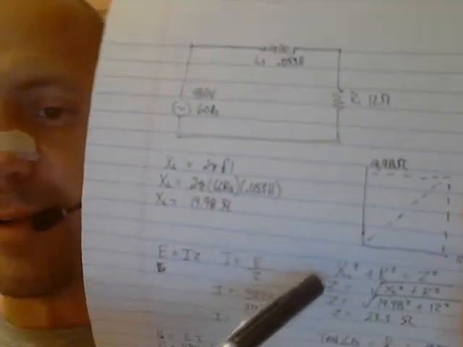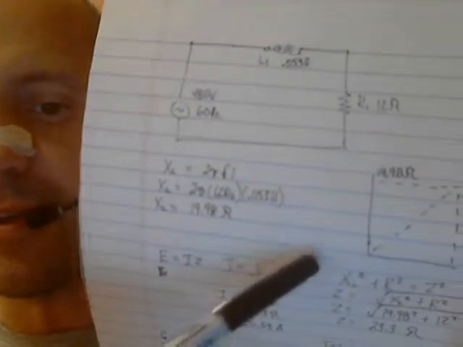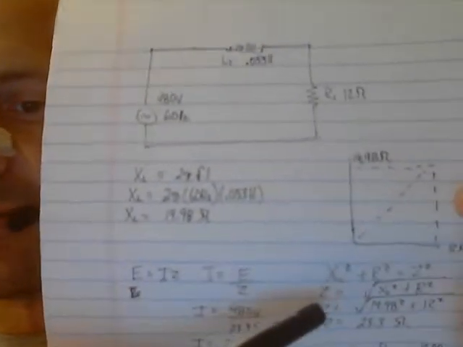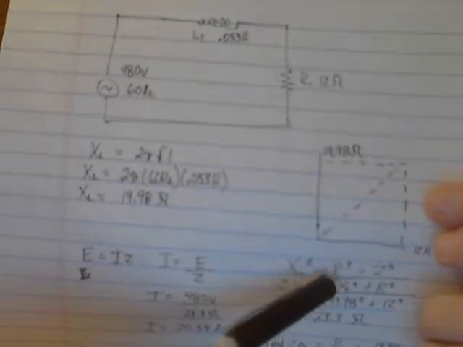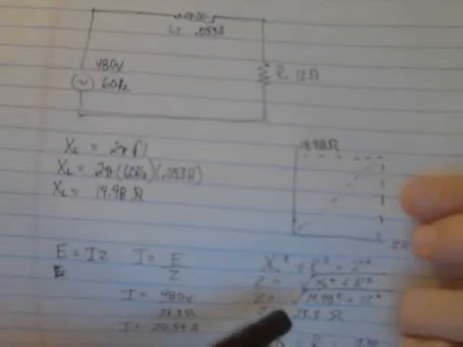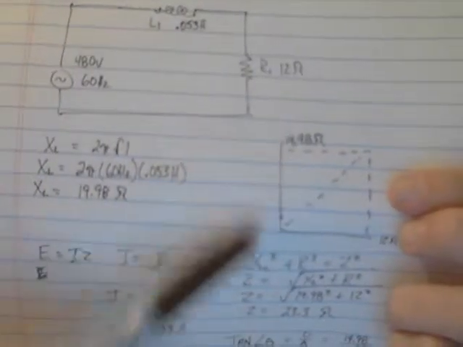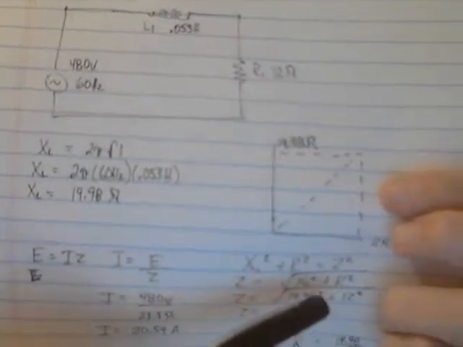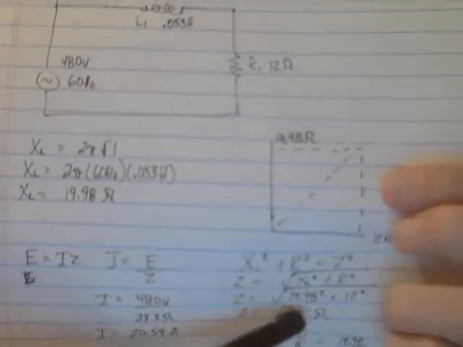We're going to rearrange the formula and take the square root so that we have the Z term, the impedance, reduced to its base value. That means we take the square root of the sum of the inductive reactance squared plus the resistance squared. So I plug those numbers in: 19.98 squared plus 12 squared, then I add this together, take the square root,